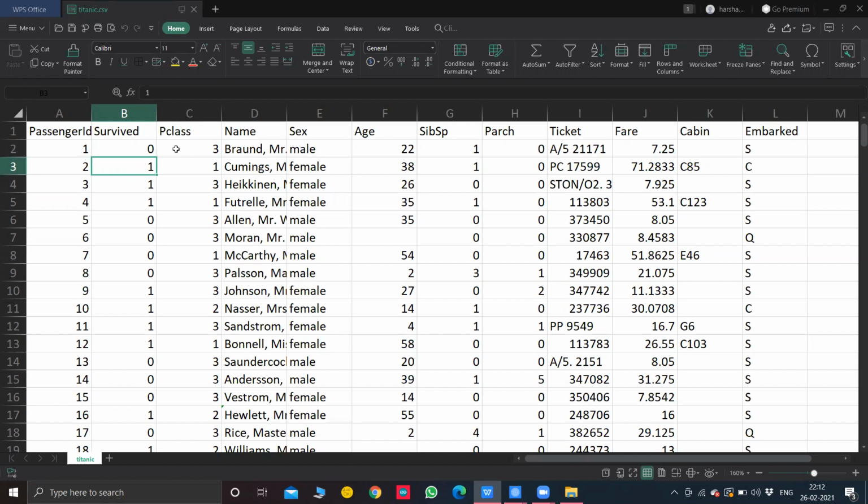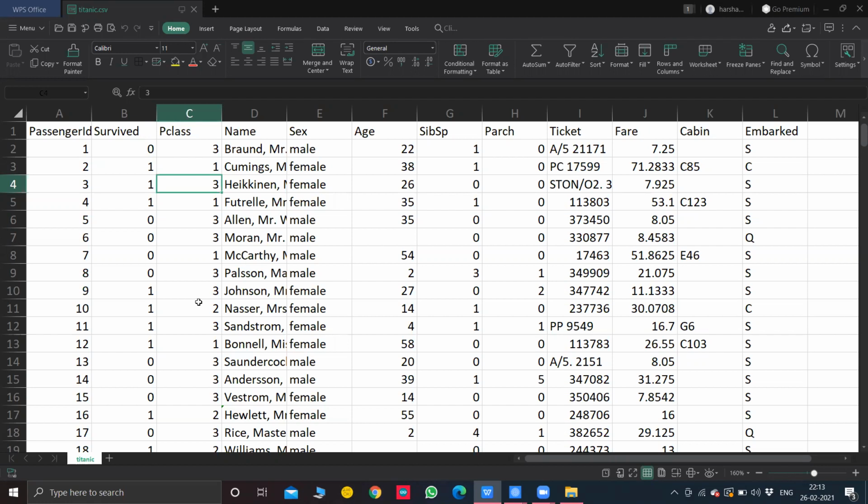So in our machine learning code, we'll drop this column because we need to predict this, and using all these 11 other characteristics, we'll try to predict whether the person survived or not. Don't worry, I'll post this data set. You can easily find it anywhere, to be honest, but I'll post this data set as well on a drive link, and I'll put it in the description.